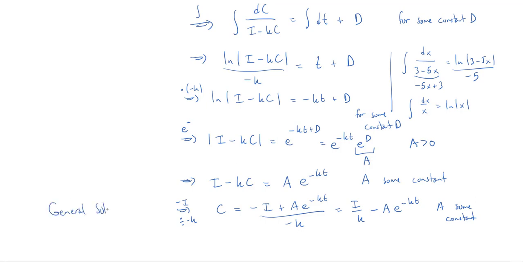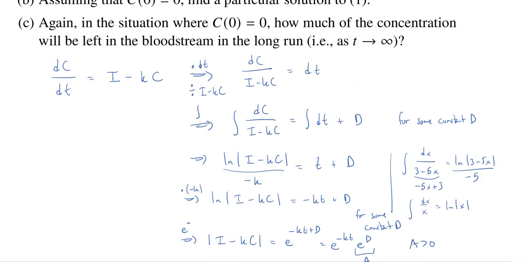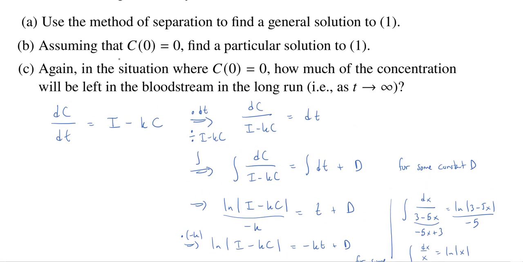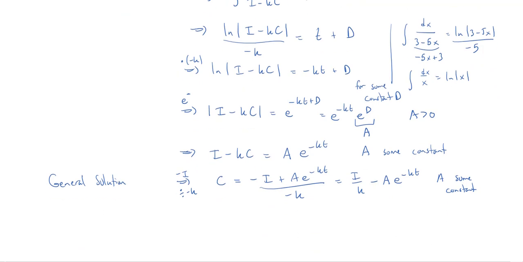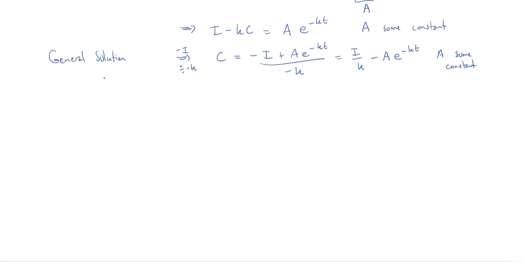All right, if we wanted a particular solution, we're going to need a data point. Now let's see what problem B said. They gave us a data point. It said assuming c of 0 is equal to 0. Okay, let's head back down. So if we know c of 0 is equal to 0, so when t is 0, what do we get? Well, I over k is some constant